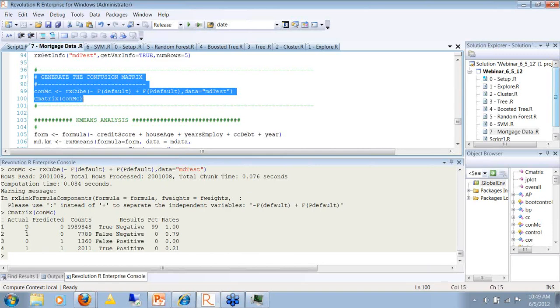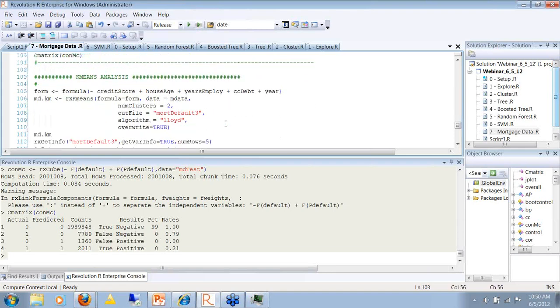So you see here when there was no default and predicted no default, there's where most of the people lie, and the percent rate is 99% here. So this particular data set, the model had no trouble doing predictions.